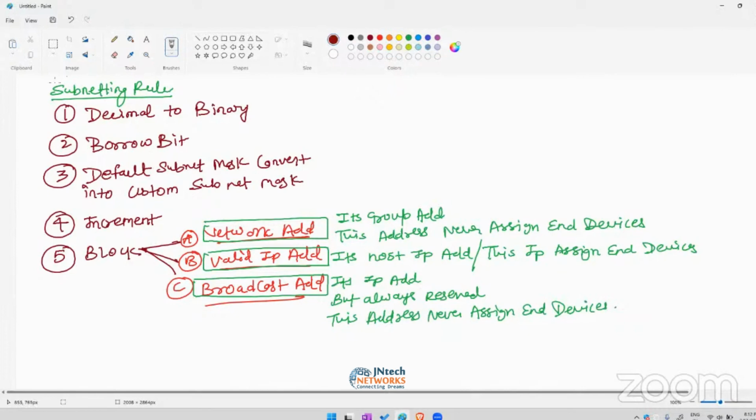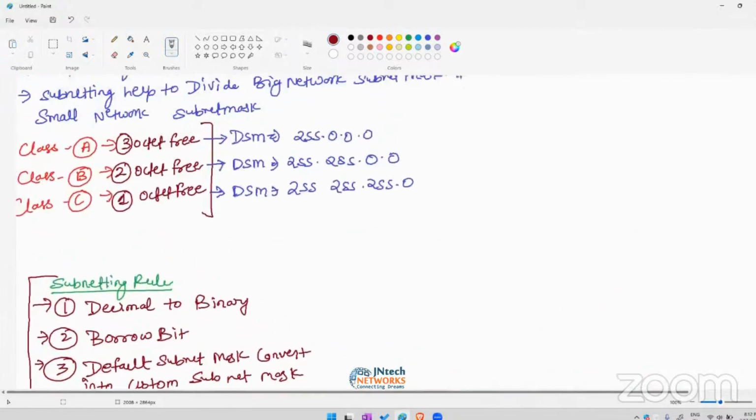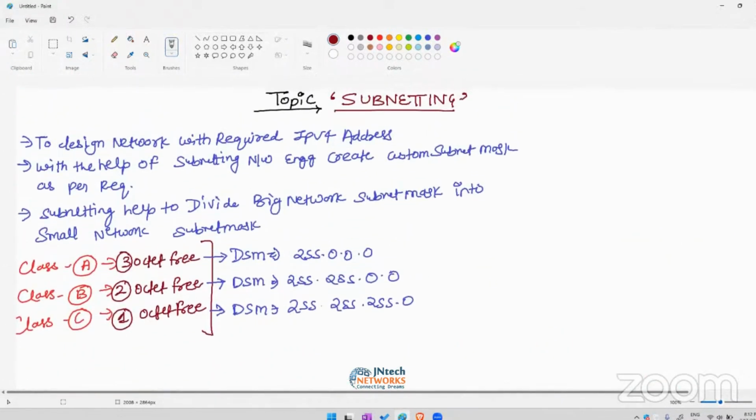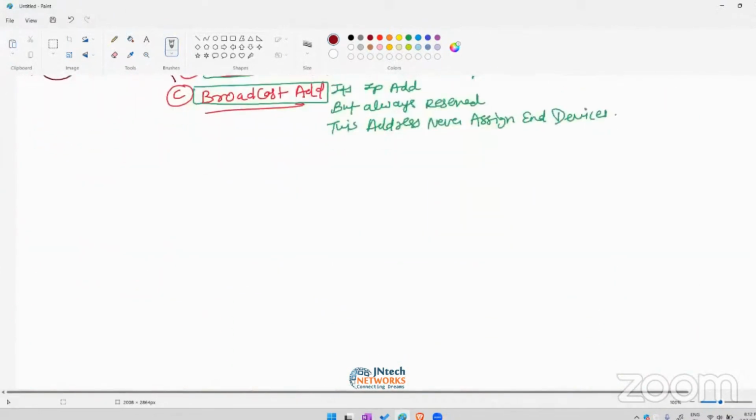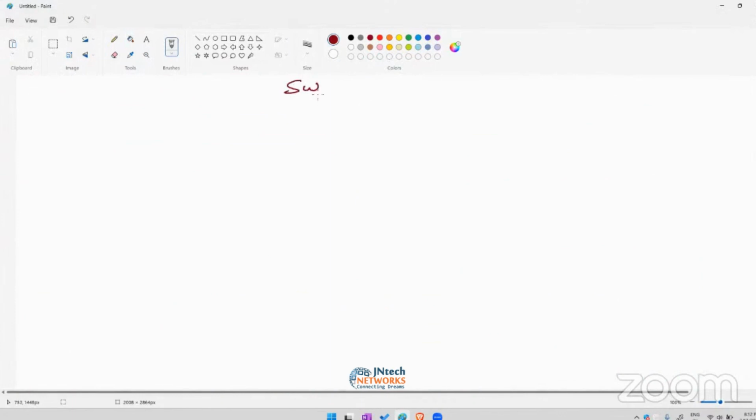Whenever we perform the subnetting rule, we must follow these 5 steps. If you have done these 5 steps, then within a second, subnetting will be clear. Before doing subnetting, you must go through this theoretical point, why we use subnetting. Clear? Then we discuss the subnetting rule. So now we can perform subnetting,